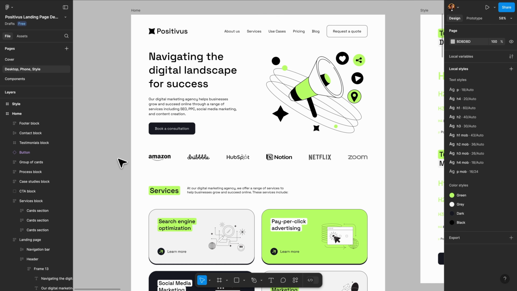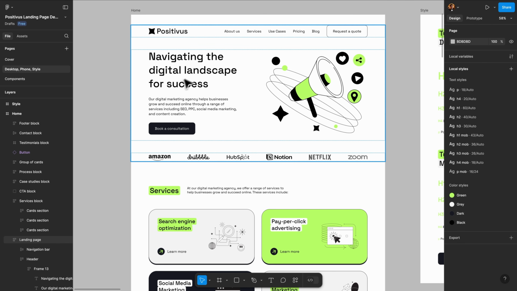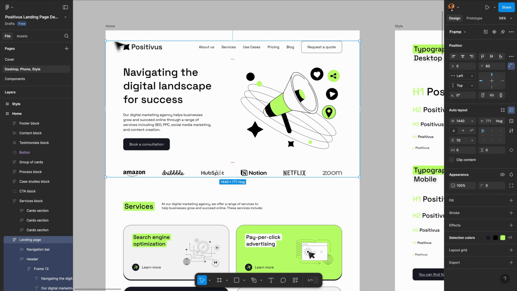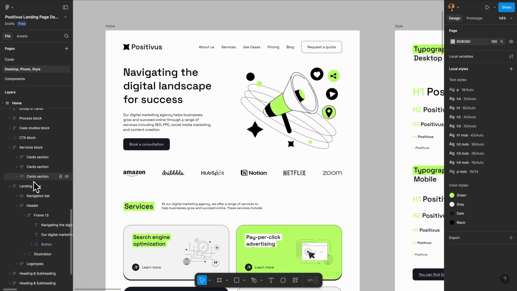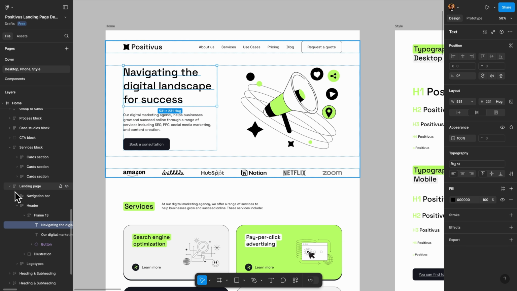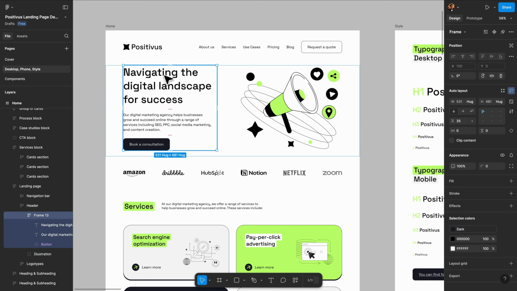The other thing we are gonna discuss now is how you can select a particular element on the canvas. Well, here, if I select this frame, you'll see that this main frame landing page is selected, right? But what if you wanna select an element inside this parent frame? In that case, you can either head over to the layers list and just look for your desired element and then select it, for example, this text, this heading, or you can just double click a few times until you